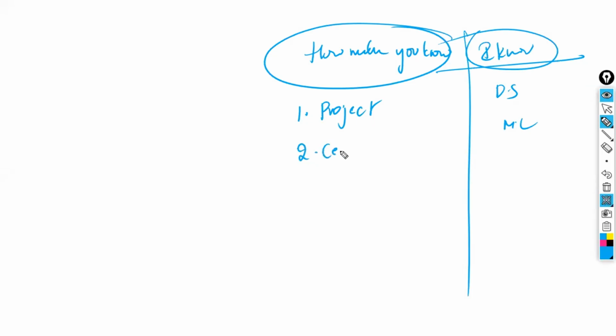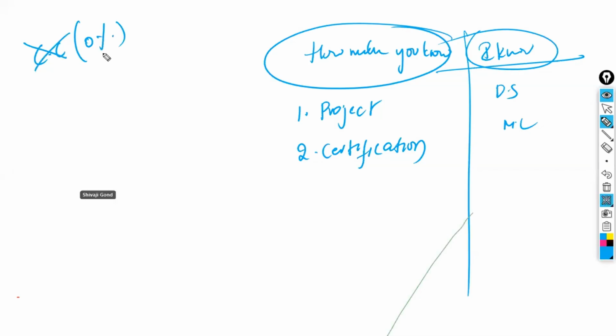Two, certification. Certification tells how much you know. Certification is not just a course completion certificate. A course completion certificate you have to keep with you only. There is 0% usage with a course completion certificate, including Naresh IT also. Naresh IT is not exceptional. Including Naresh IT's course completion certificate also,